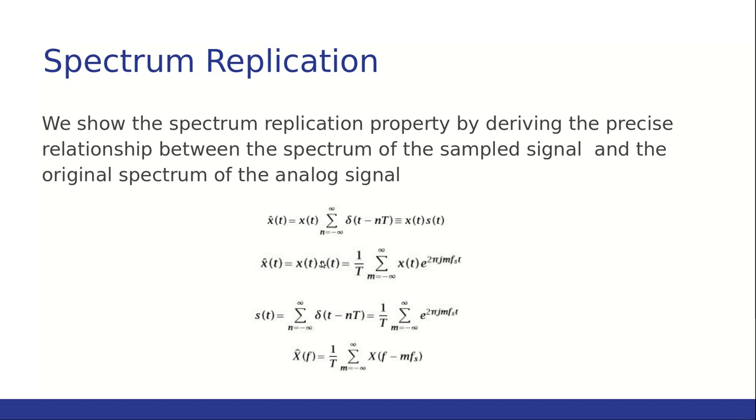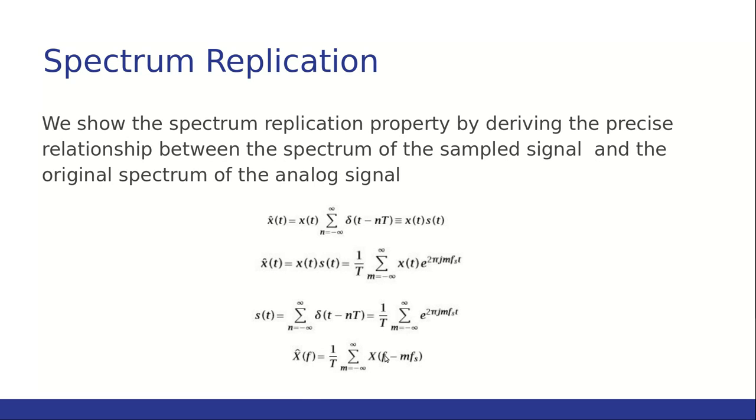Now we have found the Fourier transform for S of t, which is here, and then we have expressed S of t as a sum of sinusoids. The Fourier transform of the impulse chain is 1 by T, and this is the inverse Fourier transform, which is used to express S of t as a sum of sinusoids. Substituting it back here, we get the sampled version of the signal to be in this form, and when you find the Fourier transform of this, we get x cap of f is equal to this, and